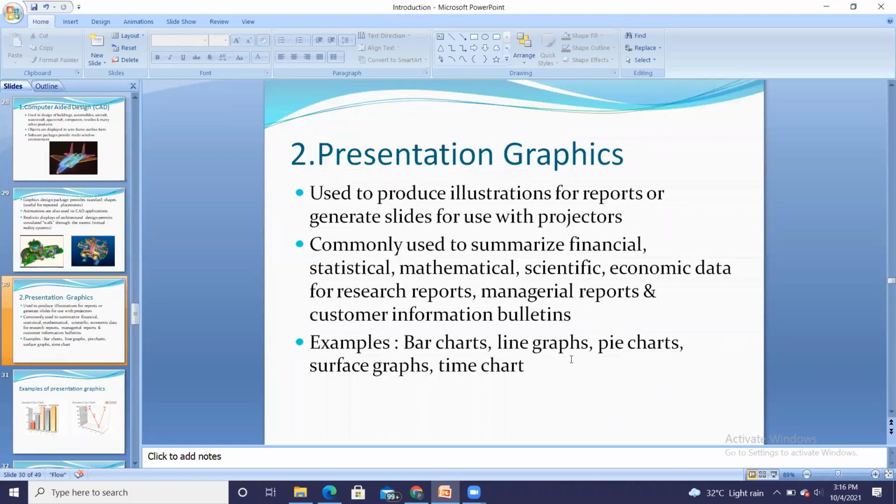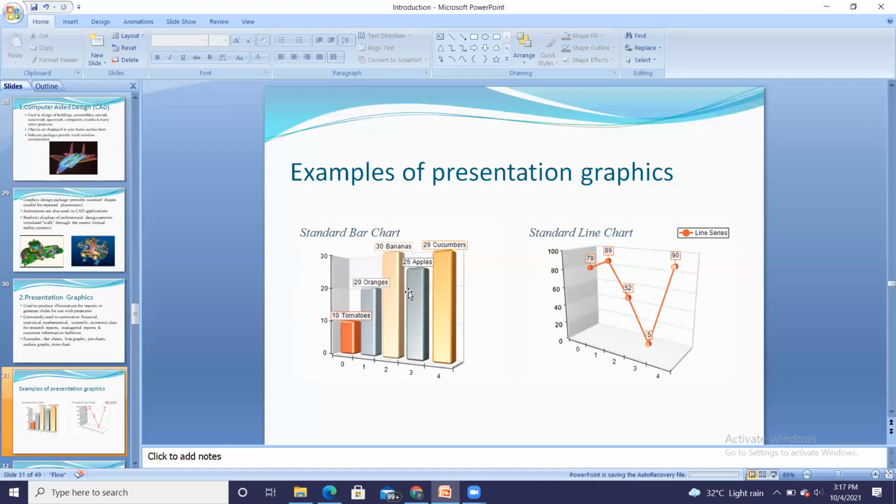So that is mainly used in financial, statistical, and mathematical representations. For example, bar chart, line graph, pie chart, time chart. These are examples of how the presentation is carried out. Here I can represent the information in the bar chart format.